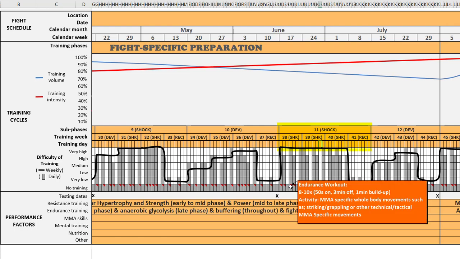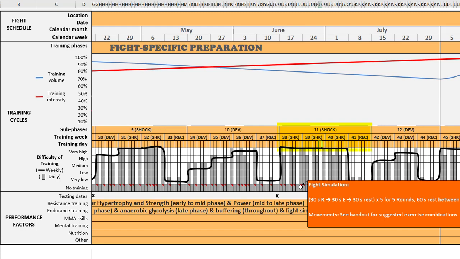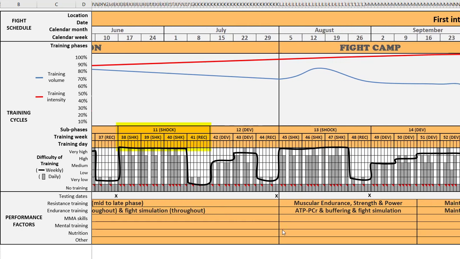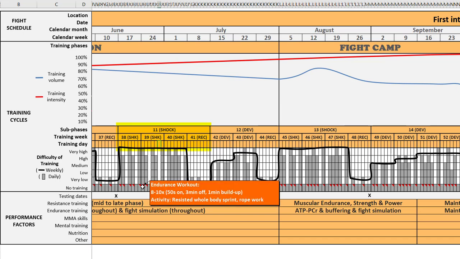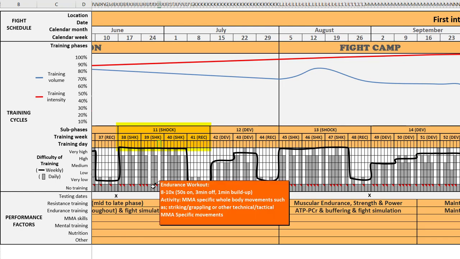So we see the endurance workouts mirrored, the resistance workout mirrored, and at the end of the week we have this fight simulation. Let me move over a little bit here so we can see. And so what we've chosen to do here is we have a leveled loading plan across all 3 of these weeks. And it's a very challenging load that I just walked through in week 38, and that's just repeated in week 39 and 40. So let's just have a quick scan. There's your endurance workout, here's your resistance workout, and then both of those are mirrored right here later on in that week.